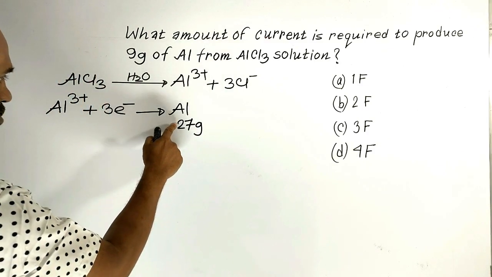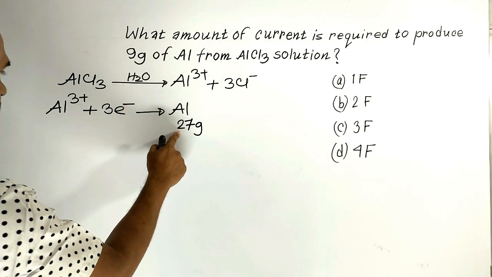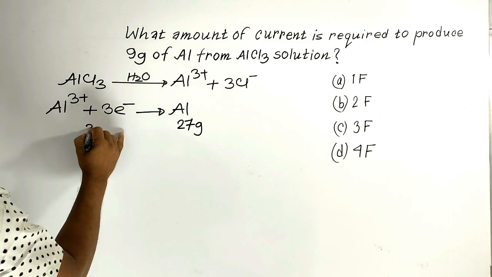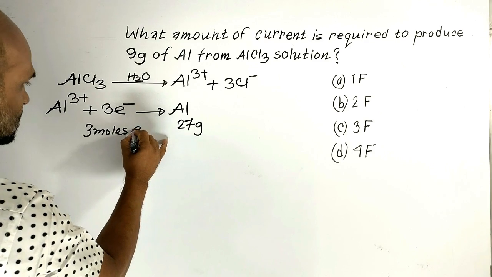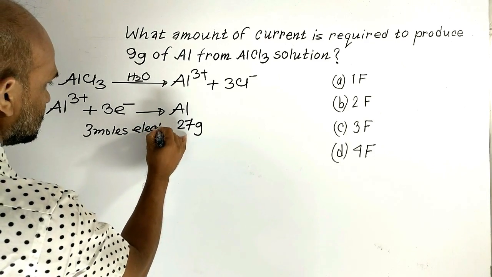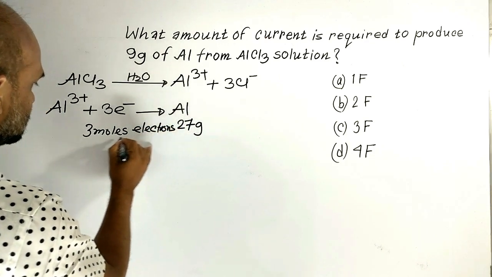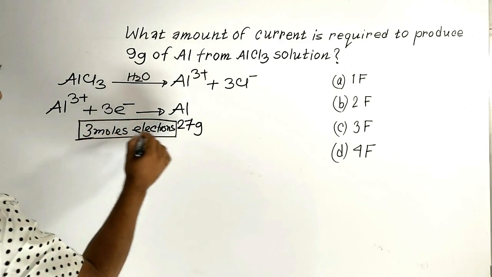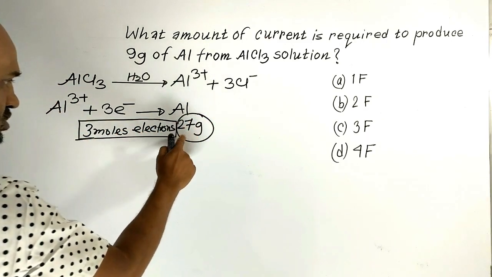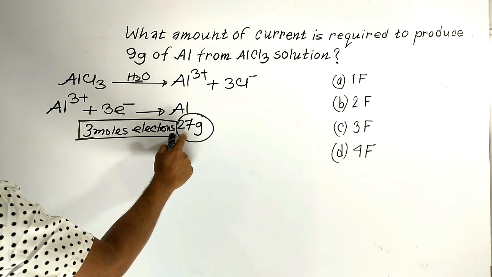To produce 27 gram aluminium, 3 moles of electrons are required. 3 moles of electrons are required to produce 27 gram of aluminium. We know